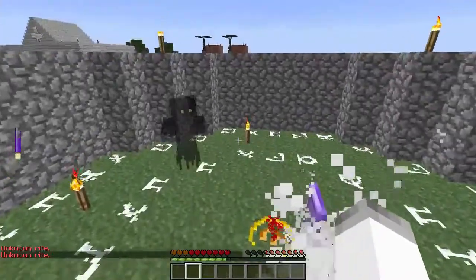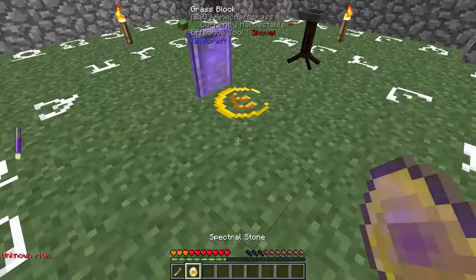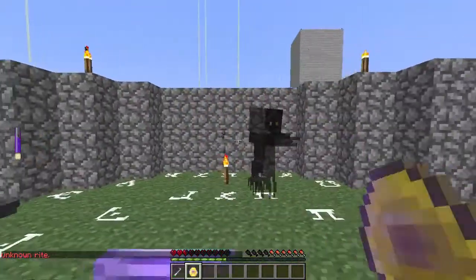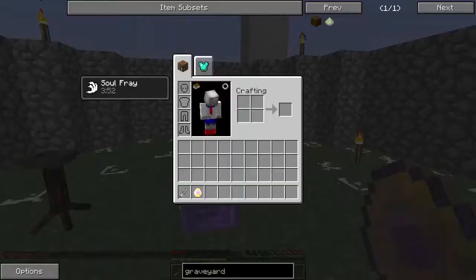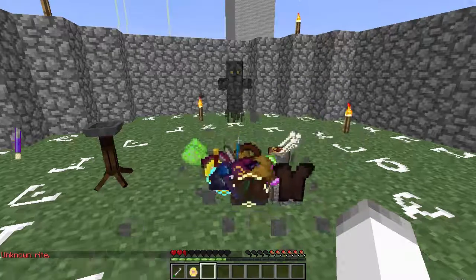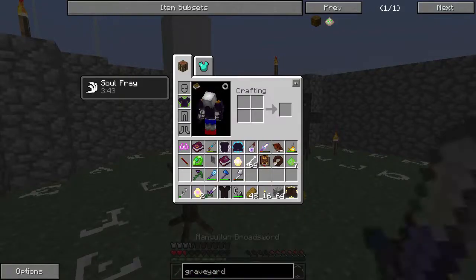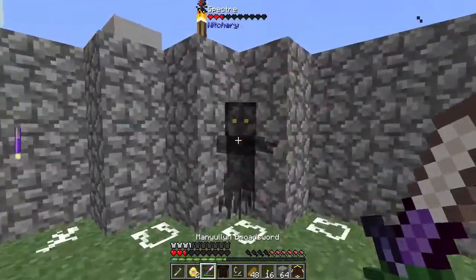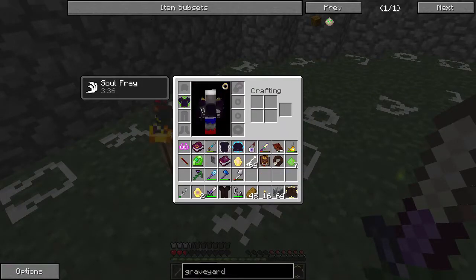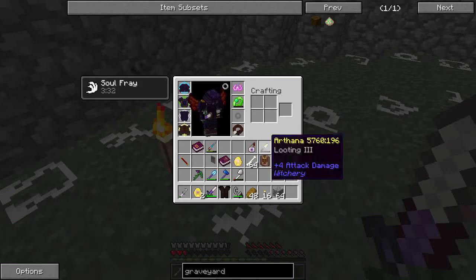Oh, I got one of them. God, that is creepy. Oh, well, we'll just kill the other one. I need my sword. Alright, cool. We got the Spectral Dust back. That's good enough. So, yeah, unfortunately that didn't help much. But,